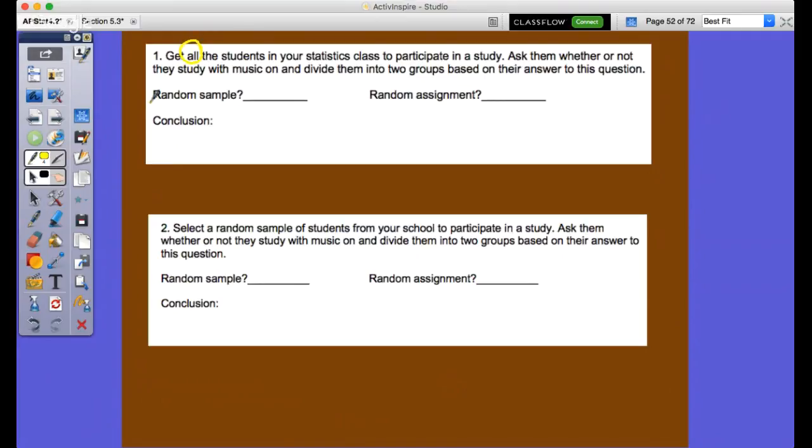First of all, was there a random sample? The answer was no. We had no random sample taken from my population. The next question, I'm going to get a different color so you can see this a little better. Was there random assignment? The answer was no. So if there was no random sample and we didn't randomly assign, the question is what is our conclusion? The only conclusion that we can make is for the students in this class,